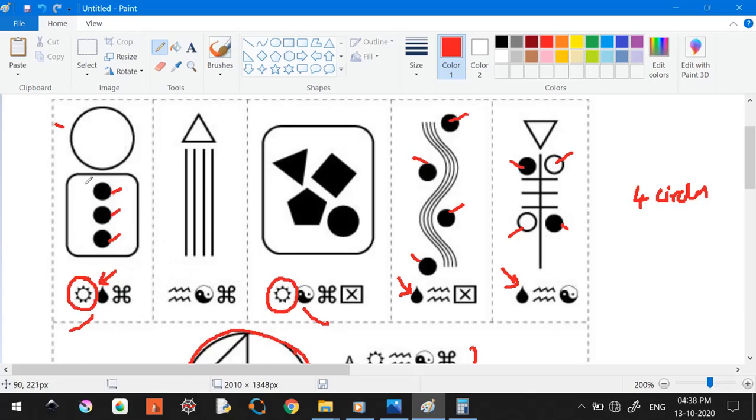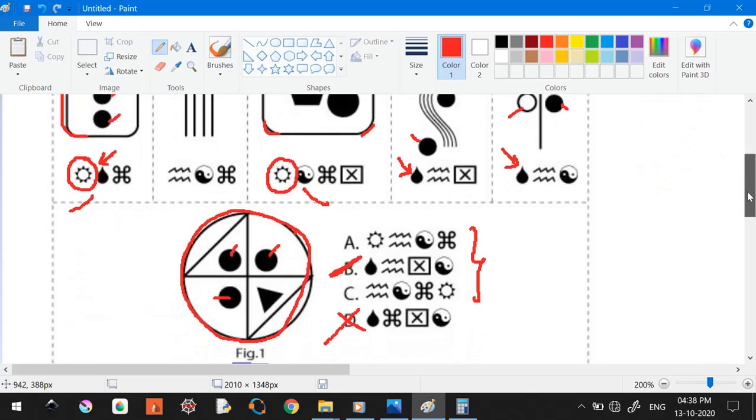So what is that? You have this particular rectangle with the curved ends, right? That's what I can say about these two patterns commonly visible, which is not visible on the other side. So let us see in the options. We should not have this one, because in the given figure 1, that curved rectangular edged pattern is not visible. Something like this is not available here. So this should not come.